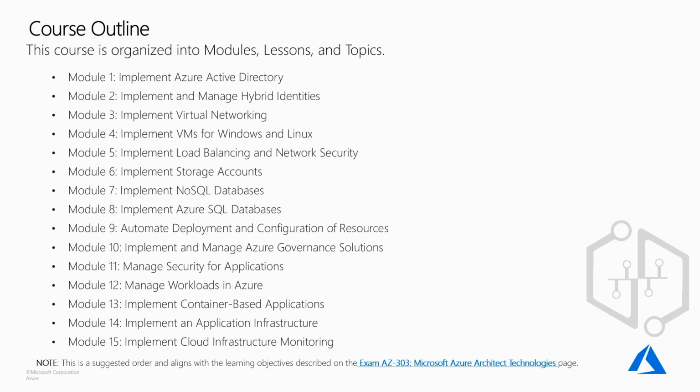Then moving further with data storage in terms of unstructured data using storage account, semi-structured data using NoSQL databases, Cosmos DB, going ahead with SQL database, then moving further with automation in terms of deployment and configuration of resources, again moving into security details using governance and security solutions within